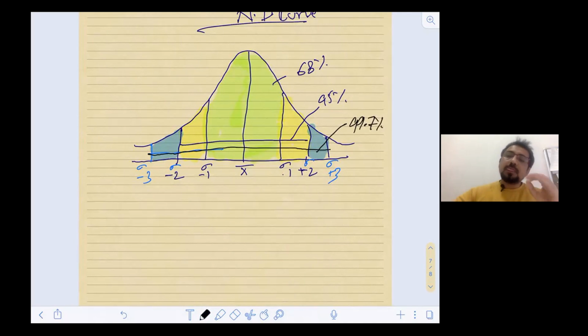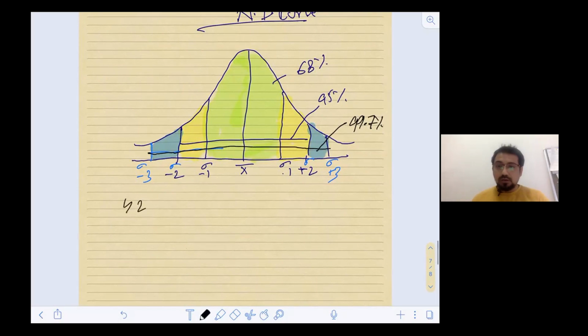Now, I will continue this in my next video, but let me give you a brief and very practical understanding of the normal distribution curve. Maybe, not maybe, all of you go to buy shoes, right? Or you go to buy jeans or t-shirts. One thing you might notice is that there are shoe numbers like 42, or in some countries 8 or 7 or 44, the US or UK difference.